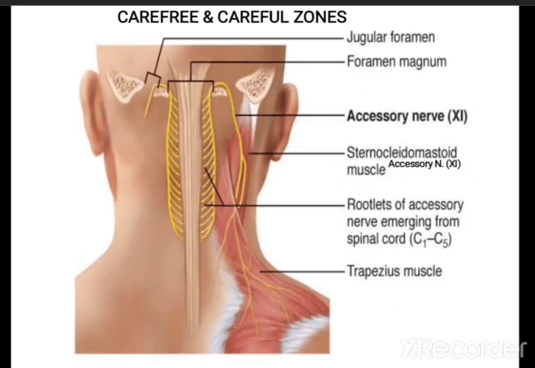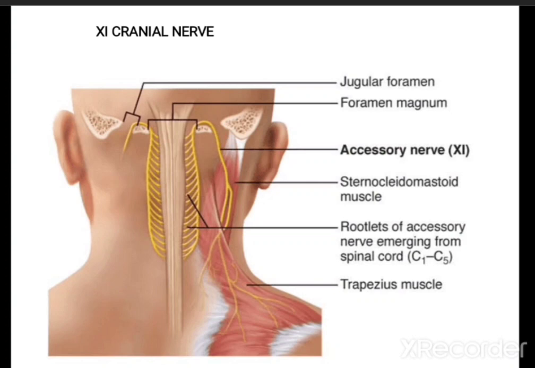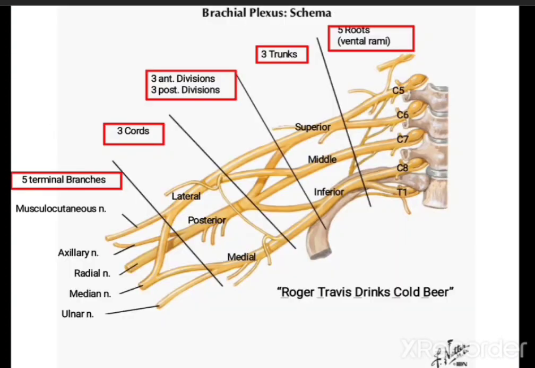So this is the spinal accessory nerve originating from the spinal cord and medulla oblongata. It enters up again into the skull after formation and passes out through the jugular foramen as the spinal accessory nerve, and innervates the sternocleidomastoid muscle and the trapezius muscle. So both these muscles are supplied by the accessory nerve. Here we can see the accessory nerve.